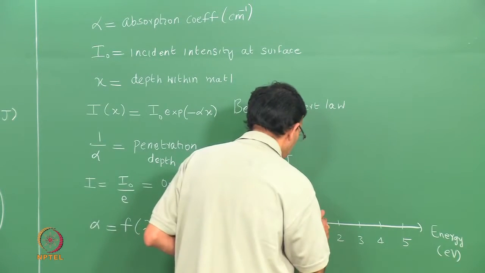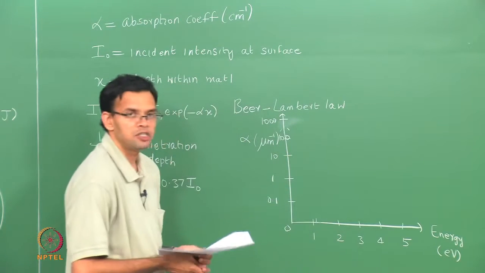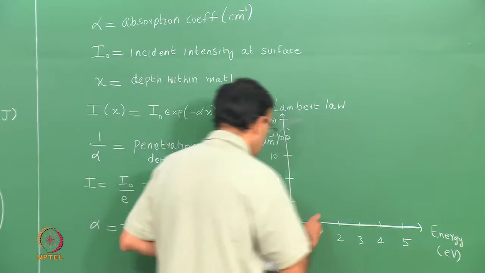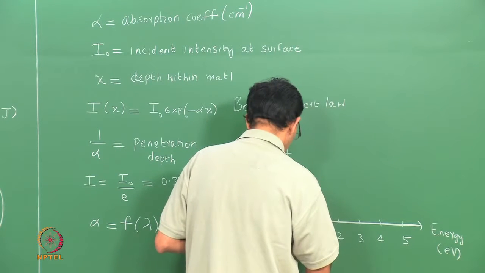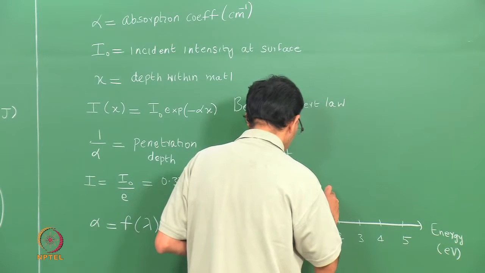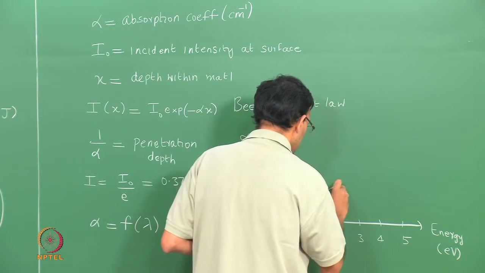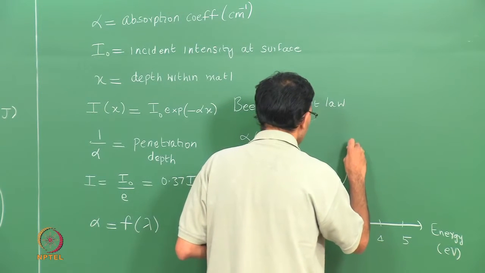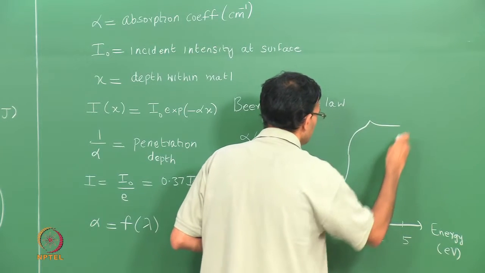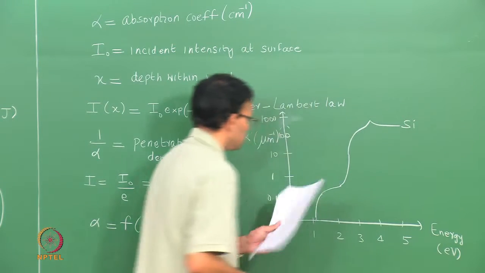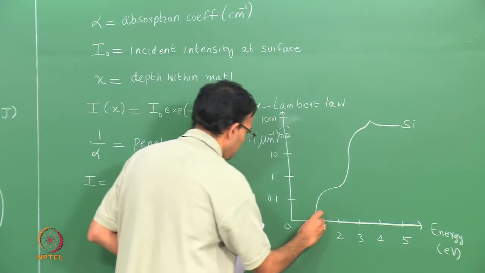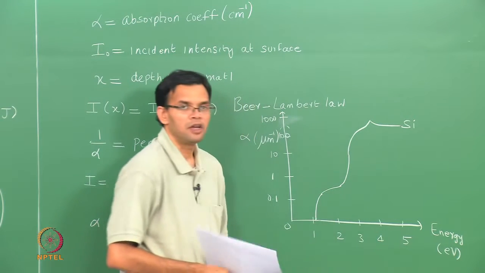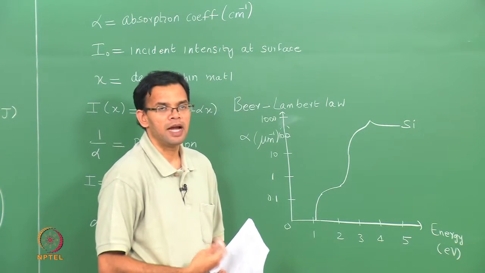So, below 1.1 your absorption coefficient is very small, and then above 1.1 it starts to increase. So, this here represents the band gap, so that you have very low absorption below the band gap and very